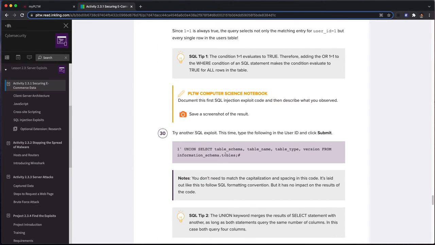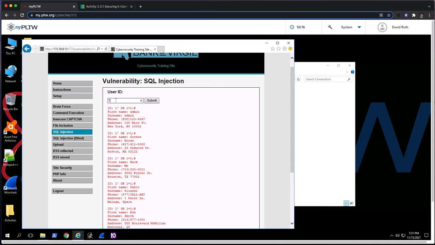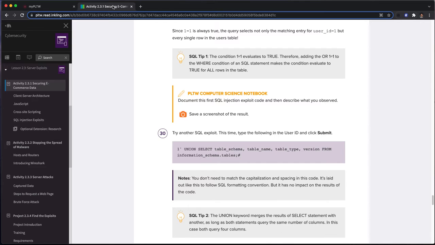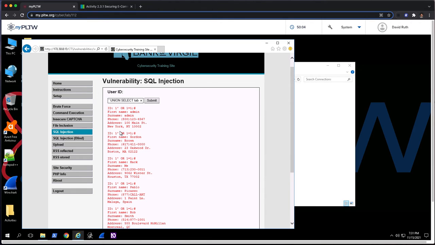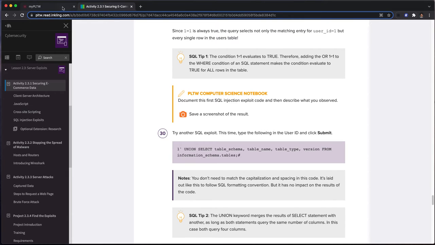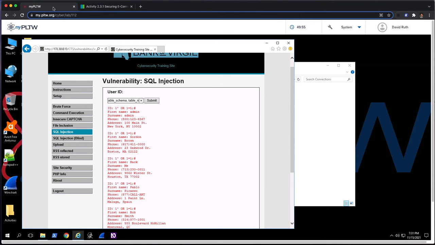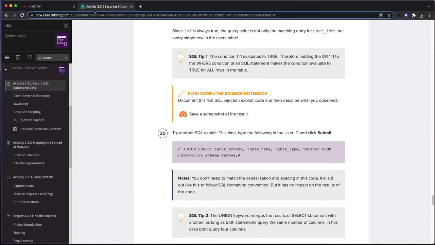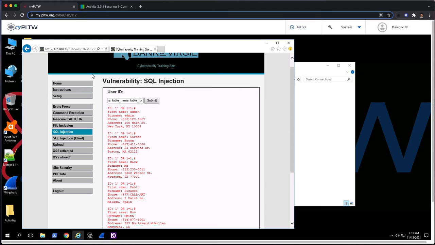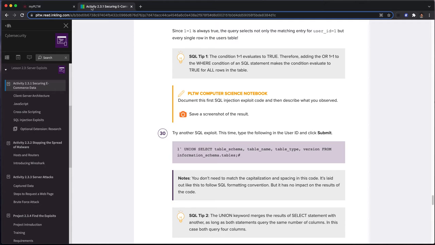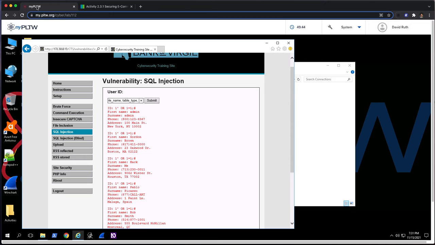Another one, this one takes a little bit longer to type in, but it's using a union command. And it works on the same basic principle. So it is going to be 1 apostrophe to start with. Then I'm going to type in this union command. Then select. All right, then I'm going to put table schema. Then I'm going to put a comma, then table name. Then after that is table type. Followed by that is version from